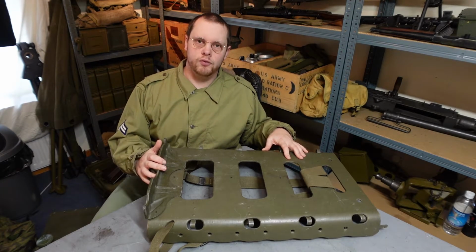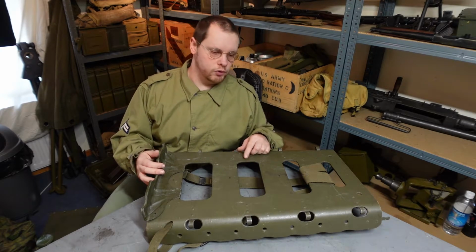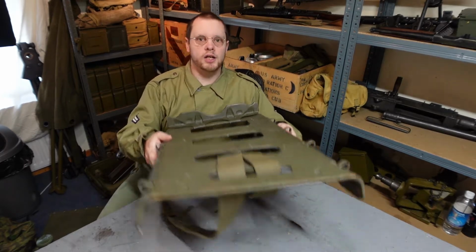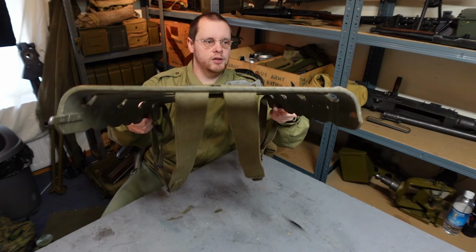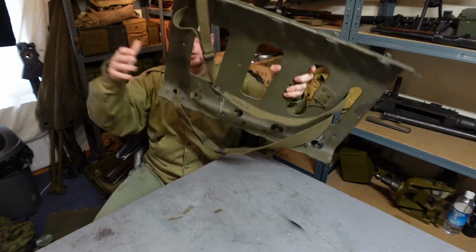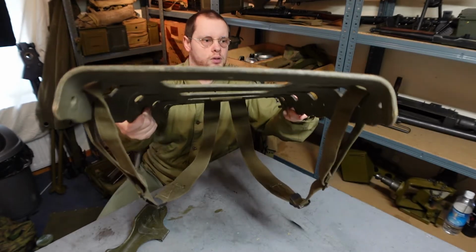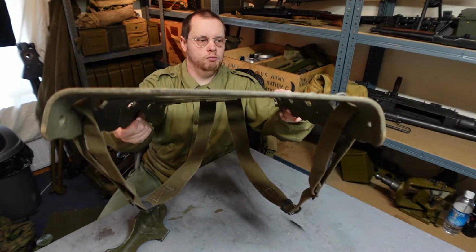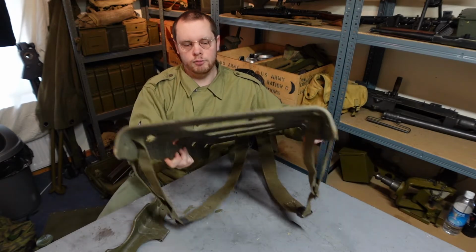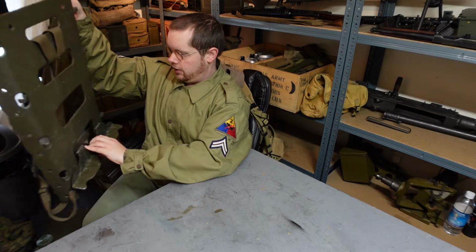It did come with 2 shelves, so I let my friend take one of them because he had a pack board with no shelf. But the reason it was cheap, I'm not sure if you'll be able to see here, but you can just about see, that is warped. And that is warped at the top end. If I take that off, you can see that's bent there as well. I don't know how well you can see it on the camera. On the monitor that looks bent to me. So this one is pretty banged up and needs some work,